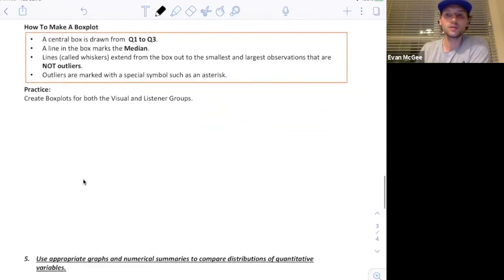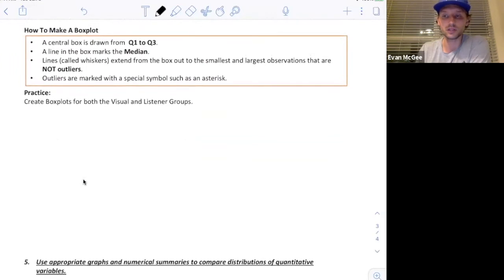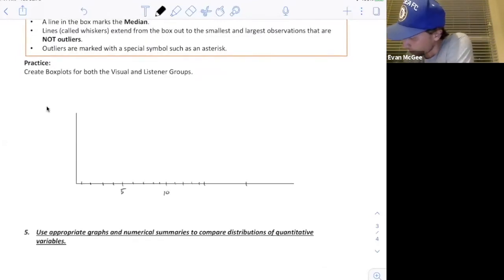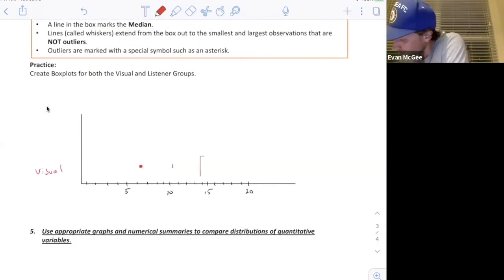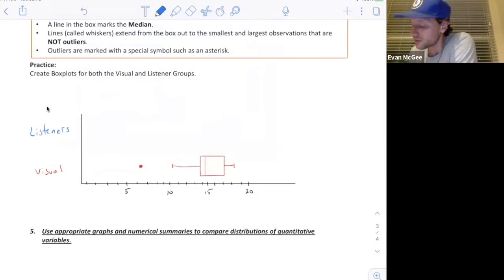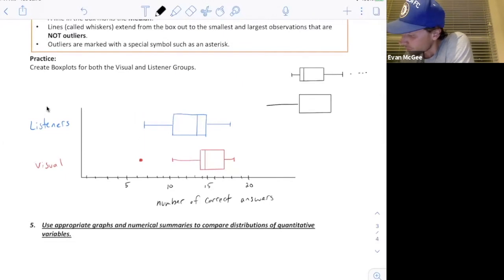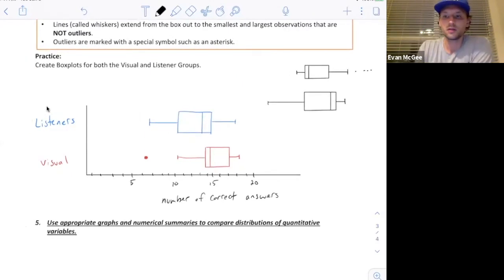And the last thing we need to do is turn it into a graph, and we're going to call this a box plot. Here are a couple notes about how to make a box plot. I'm going to go ahead and draw the graph out and then talk about it because it will be easier for you to understand it after it's drawn. Okay, so I've completed the box plots, and just so we can talk about what these box plots are, you